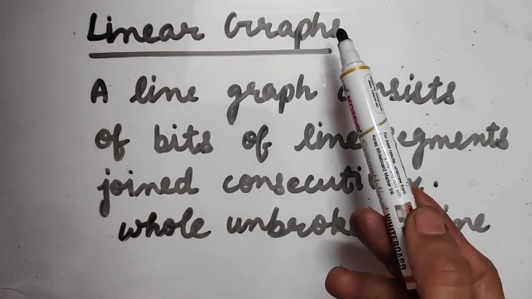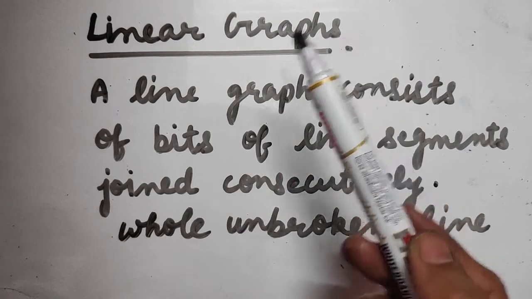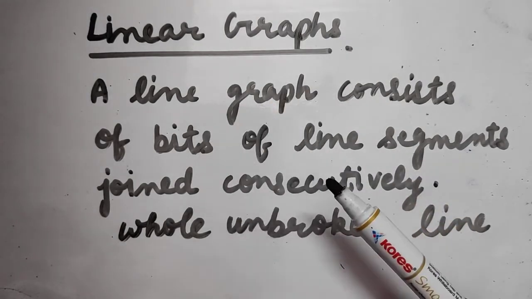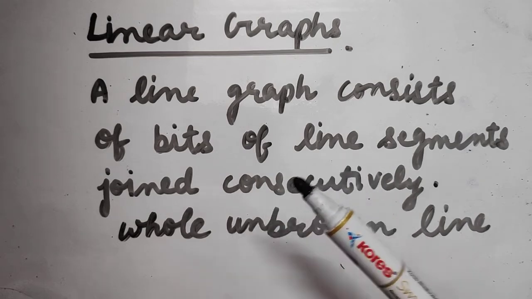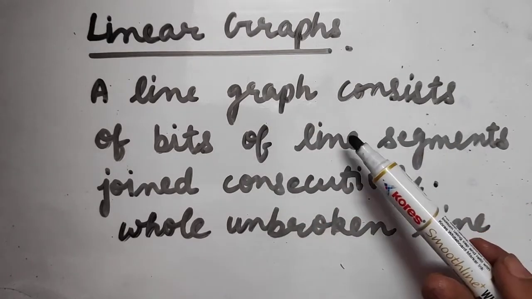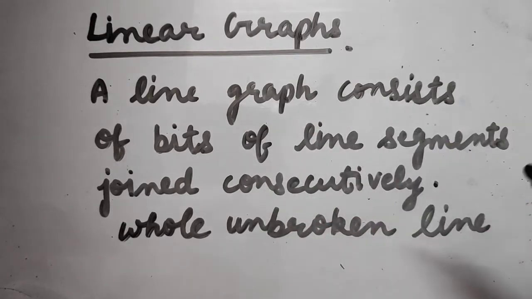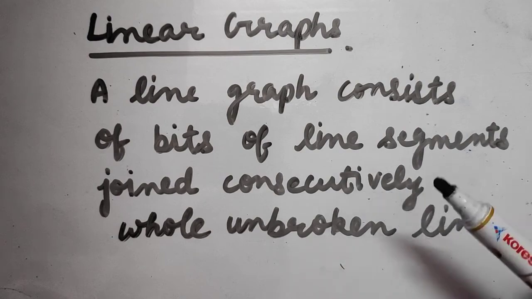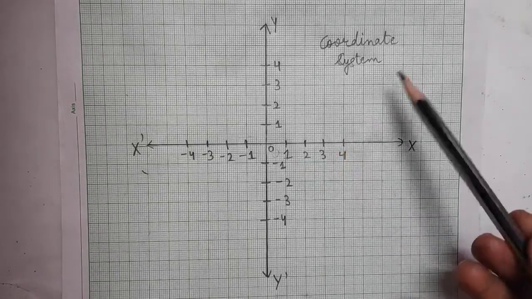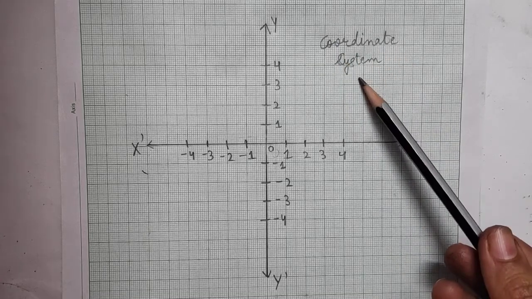Now, to draw a linear graph, we are supposed to first locate some points on the graph sheet. Now, I am going to tell you how to locate the points on the graph sheet. We will study about the coordinates, Cartesian system, Cartesian plane, axis. Likewise, I am going to give you an idea in this lecture. Further in detail, I shall discuss in the next lecture. To locate a point, firstly, we should understand the coordinate system.